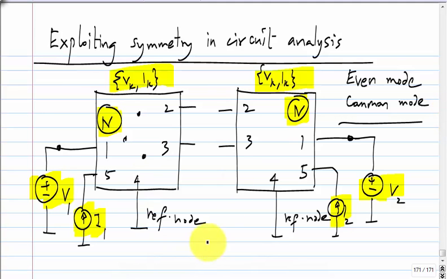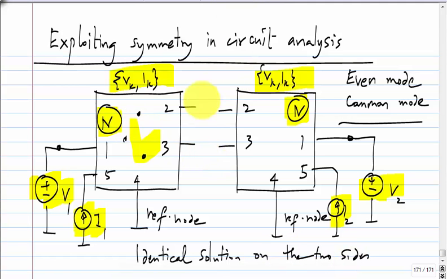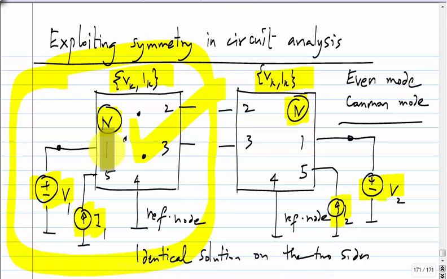So, in this case, even mode or common mode excitation, the two sides have... okay. So, essentially the advantage that you get, the so called advantage is that you analyze only half the circuit. Okay. In fact, if you open circuit this, stuff is called the common mode half circuit. Okay. You do not have to worry about these terminologies now, but you assume that you have an even mode